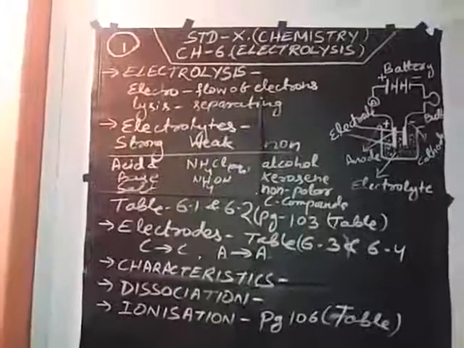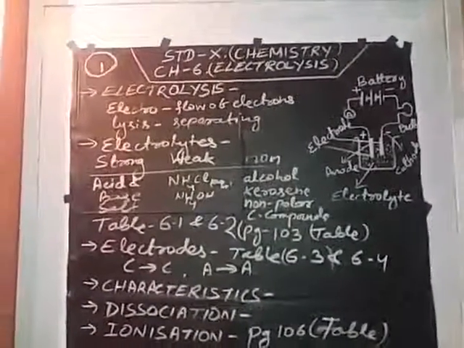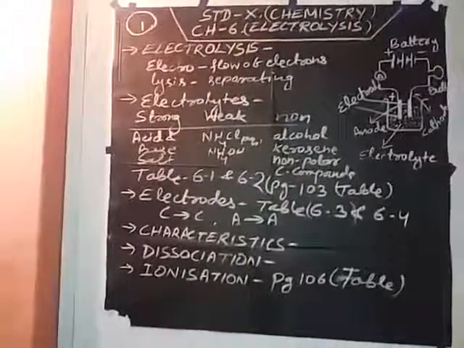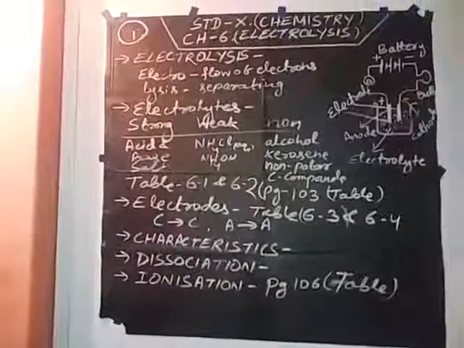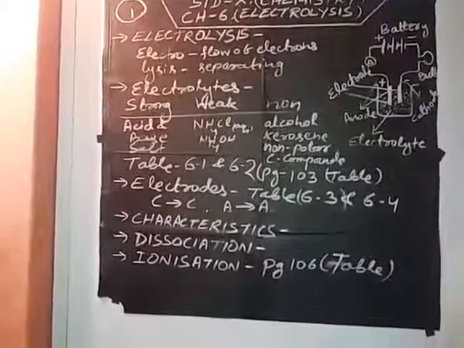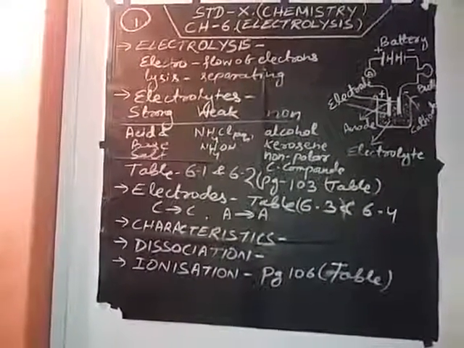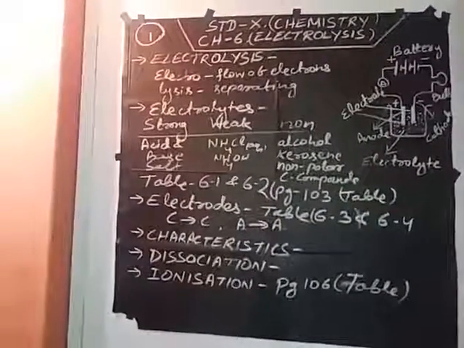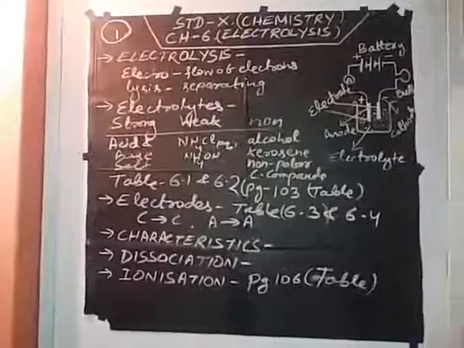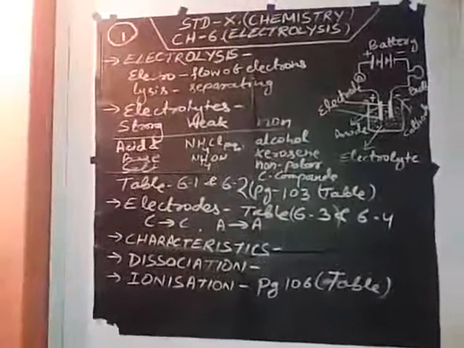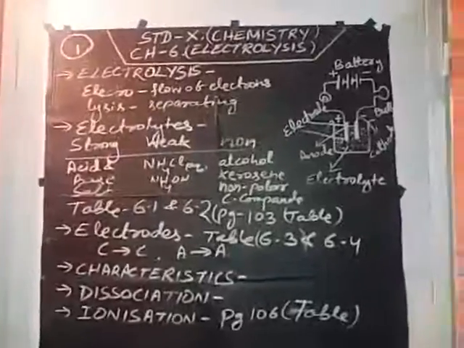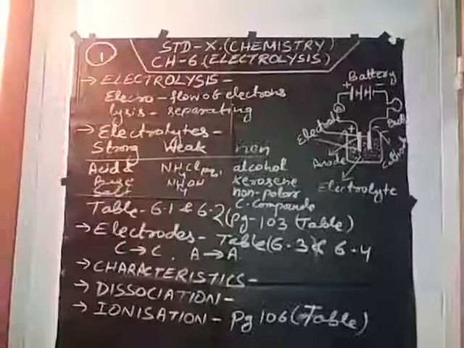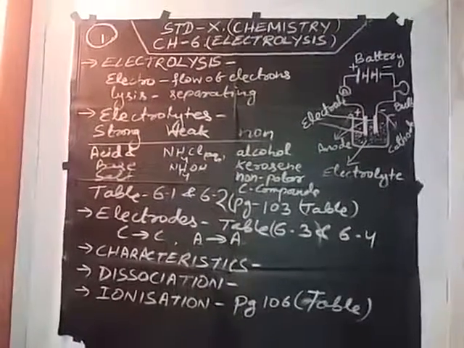Now the characteristics of electrolysis. The cation moves towards the cathode, the anion moves towards the anode. The number of electrons gained at the cathode is equal to the number of electrons given up at the anode. Only hydrogen gas and metals are liberated at the cathode, but non-metals like gases are liberated at the anode. The reaction at the cathode involves reduction of cations and oxidation occurs at the anode. A DC current is used.